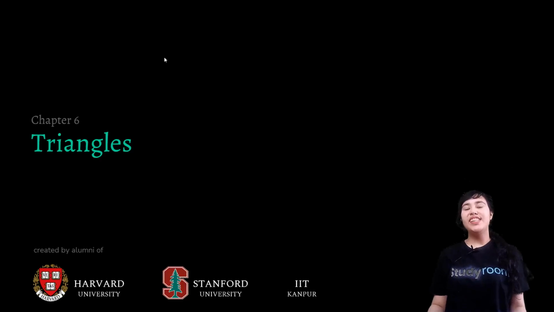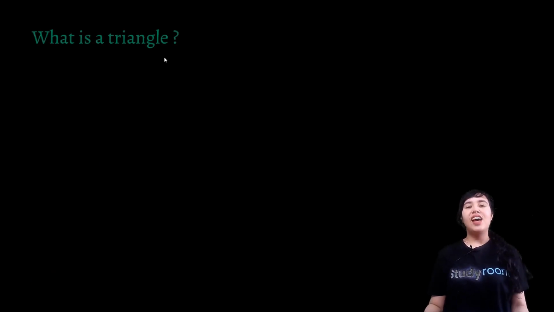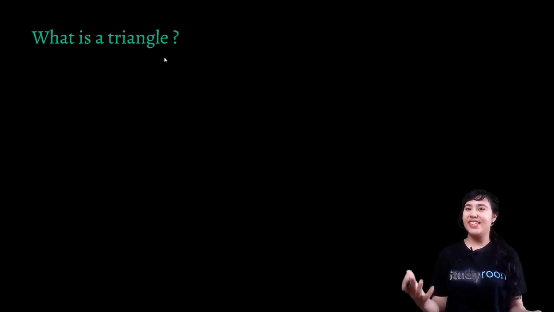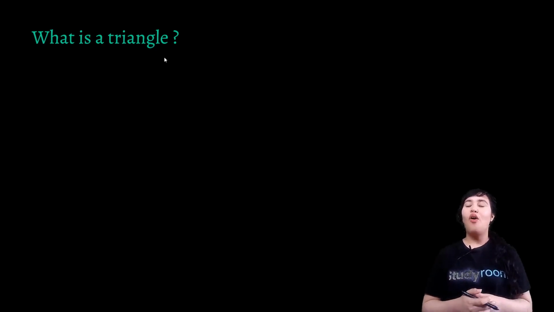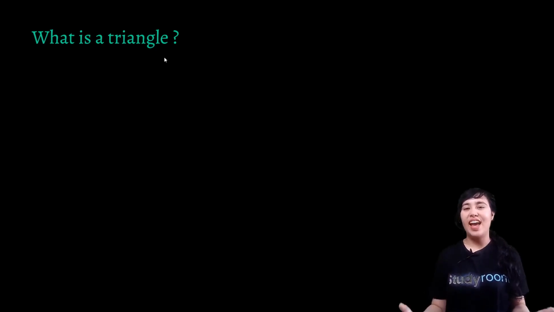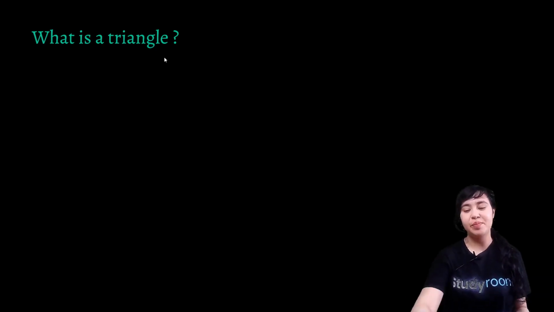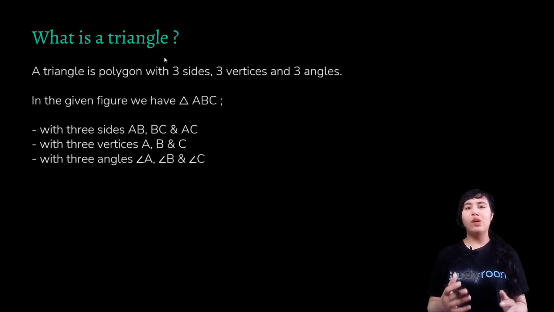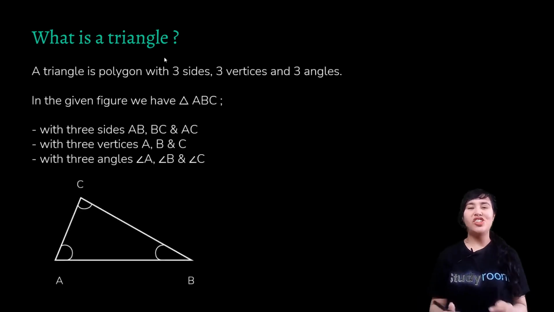So today we'll step into geometry with chapter 6, triangles. I'm sure triangle is a word which needs no introduction, be it my lovely girls who have geometric earrings in the shapes of triangles, or be it my food lovers who enjoy eating Doritos or Mad Angles. They're all triangular in shape. And I'm sure if you look around, you'll even find many more triangles.